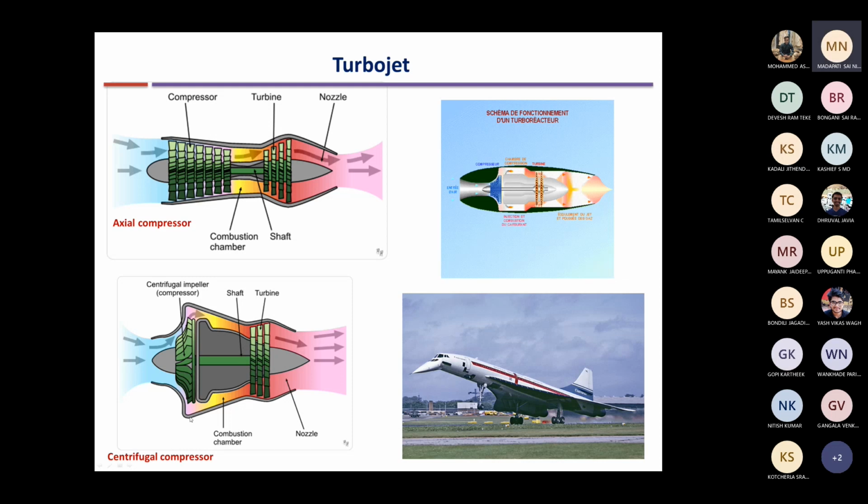Sir, the pressure difference across the impeller is directly related to the speed at which it rotates, is that correct? Yes, it is related to the speed of the impeller. So if we have a higher speed, then we can have a higher pressure ratio. That is also correct. Since it is a smaller engine, they can rotate at higher speed because of low inertia.